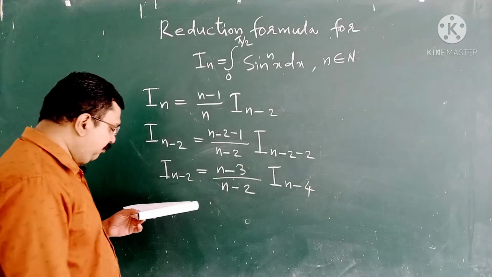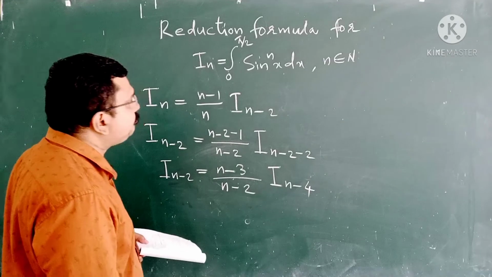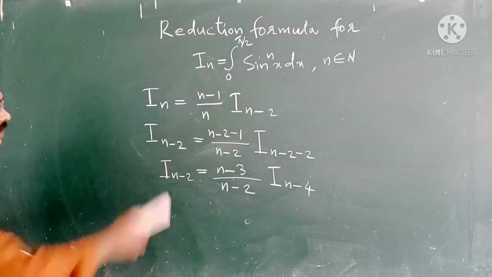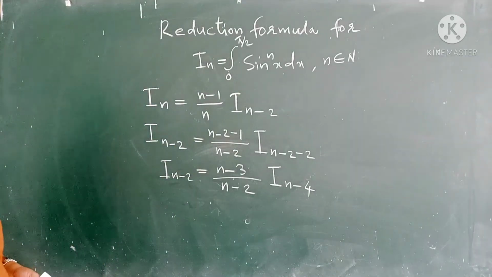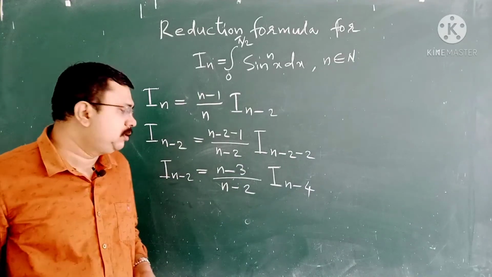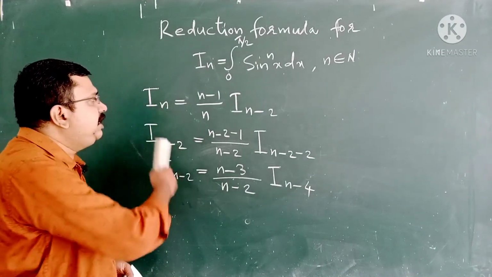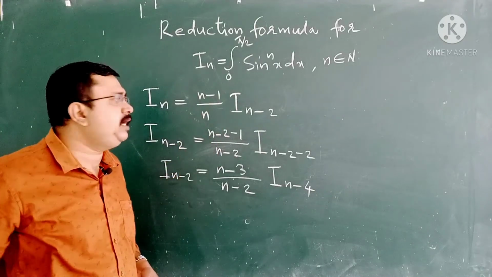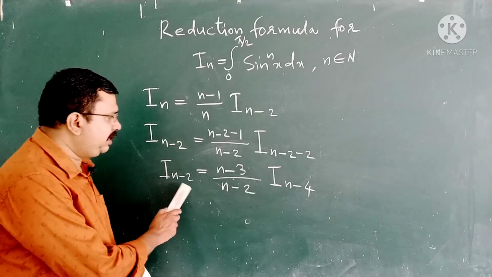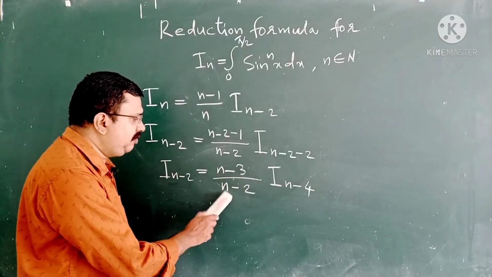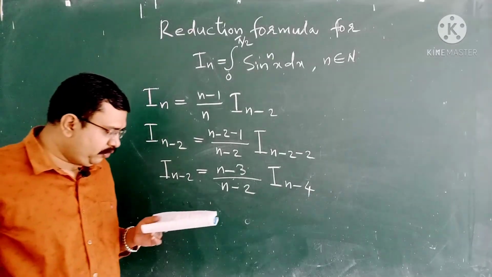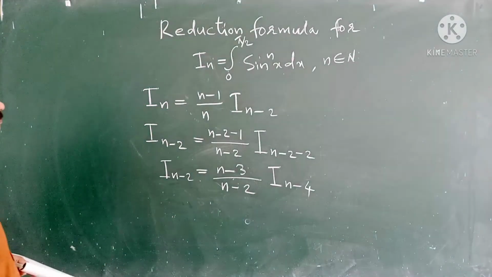Therefore we can write, please write down, then we can move to our next step. First you may write this equation. Our reduction formula is I n equal to n minus 1 by n into I n minus 2. That is, I n minus 2 equal to n minus 3 divided by n minus 2 into I n minus 4. Therefore, we can define